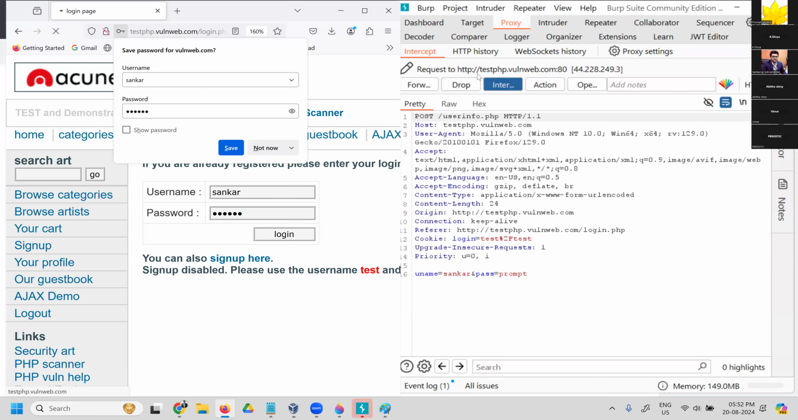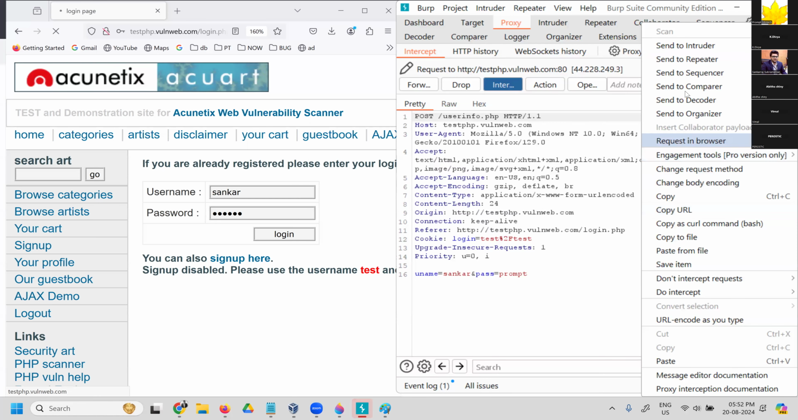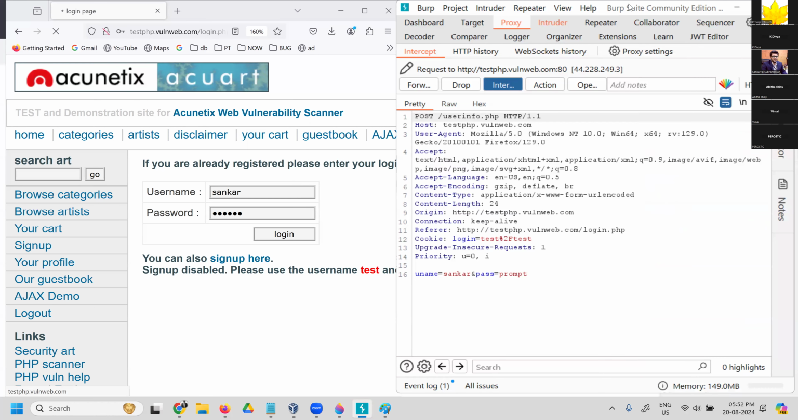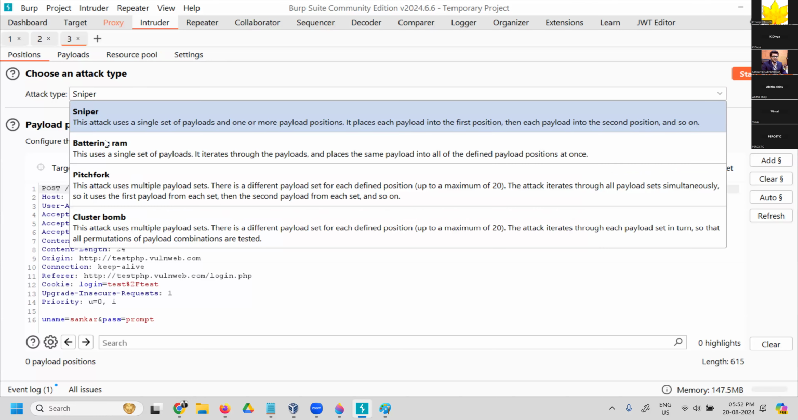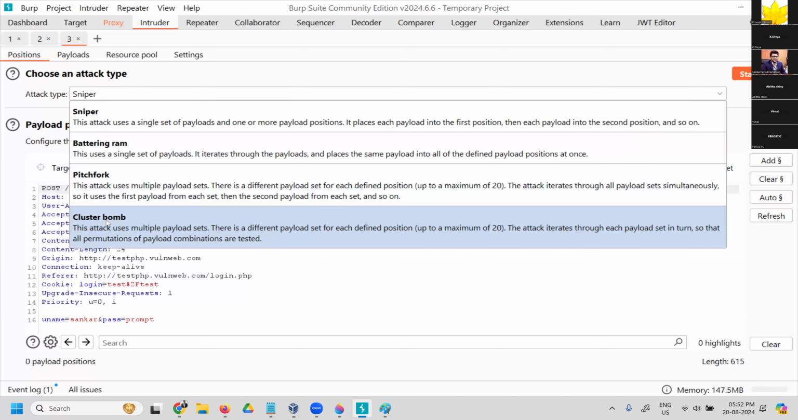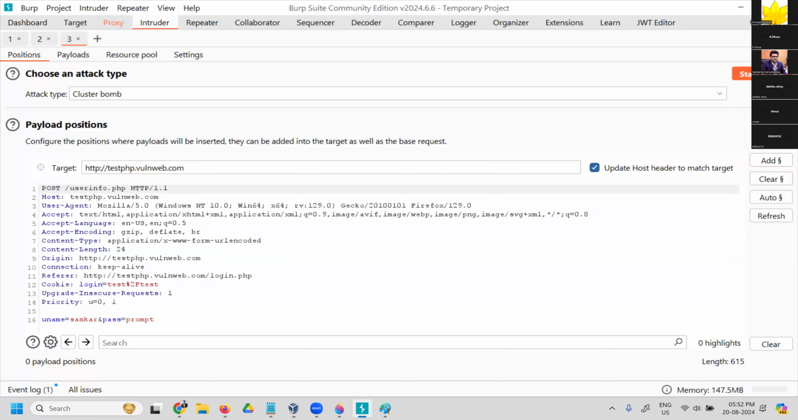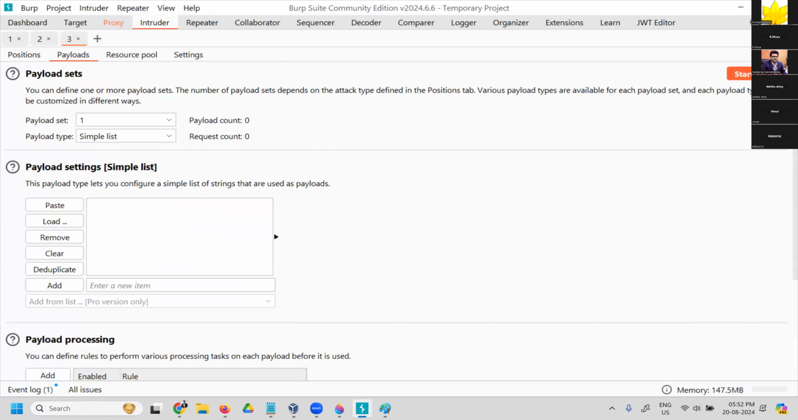prompt, both are wrong. Now what I'll do, I'll right click, send to intruder. When you go for intruder, this time it is not going to be sniper. This time it is going to be cluster bomb. Why? Because we have both username field and password field. I'll go for cluster bomb. I'll select username field, add this. I'll also select password field. I'll add this. Now when you go for payloads, this time you have two payloads, one for username, one for